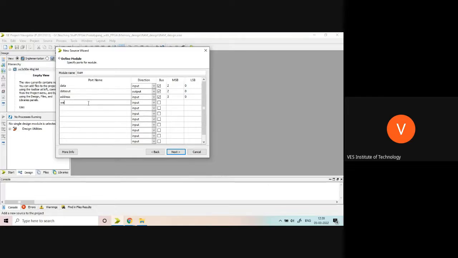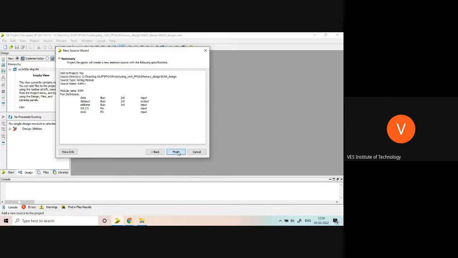Then I'm using enable WE and CS, chip select. Okay. Two enables, CS and WE. So I will mark it. So write enable and chip select. Okay, these will be the inputs, and the last input will be clock. Next, finish.